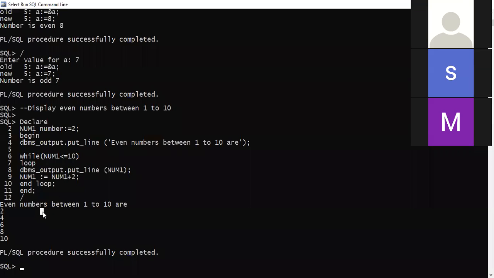Before that, you can do one more homework program. Instead of printing the even numbers between 1 to 10, you can print 1 to n. So what is n? The limit is not 10. It will be accepted from the user, any number, the value of n from the user. And after accepting it from the user, then you will set the limit and then you will print. Clear? So that will be the homework program.